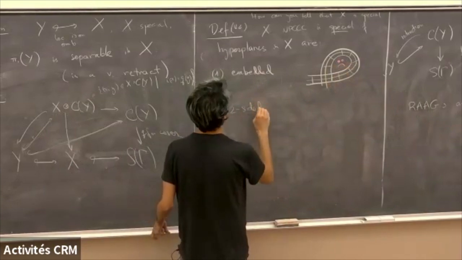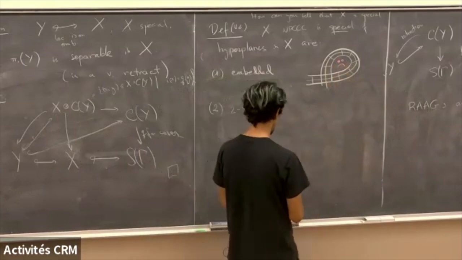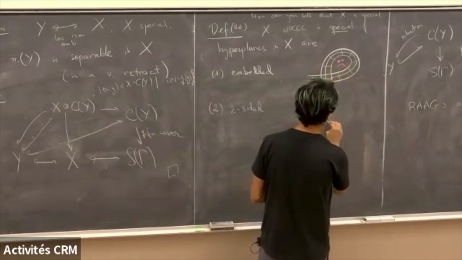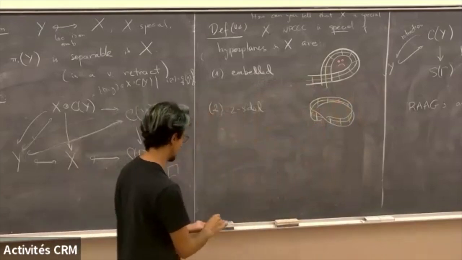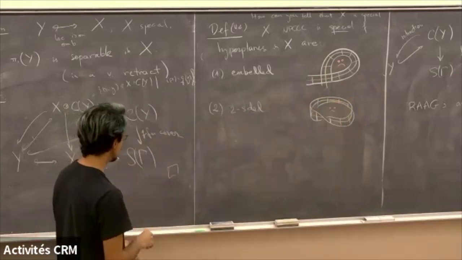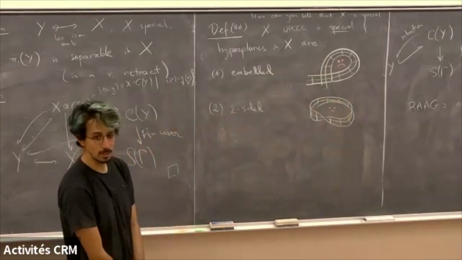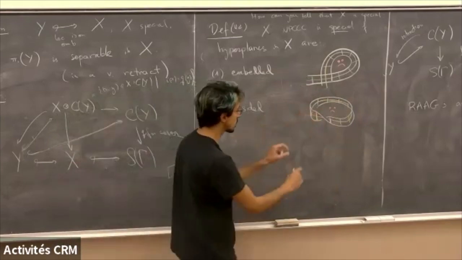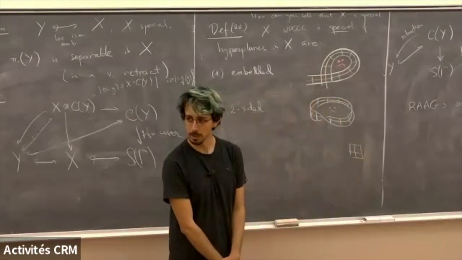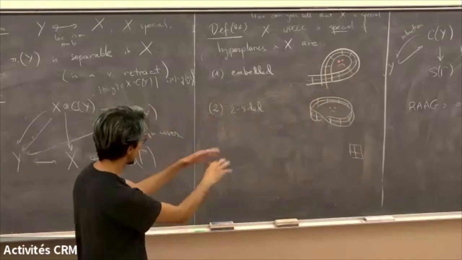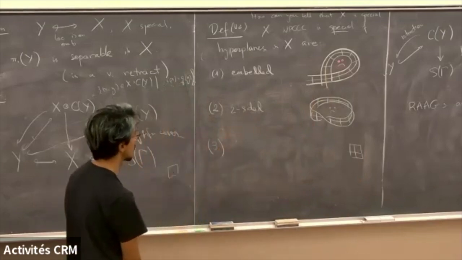Next, I want the hyperplanes to be two-sided. Again, if X is CAT(0), we know that they're two-sided, but it could be that in a non-positively curved complex they are not. So we draw that picture here. Note that this is relatively easy to fix. If I have such a thing, I can just declare each square to be four squares, a cubical subdivision, which will get rid of this problem.